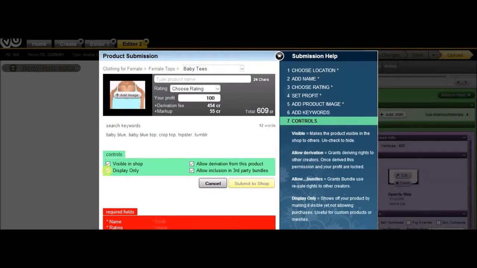But if not, click off that. If you don't want anybody to derive from it, and if you ask again what derive is, it's what you just did with this product. You do make credits from people deriving, but some people don't like their products to be derived from because that's something that you worked hard for, and I understand that. And I don't like a lot of my products to be derived from, so,